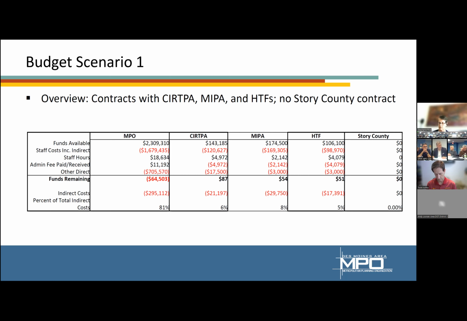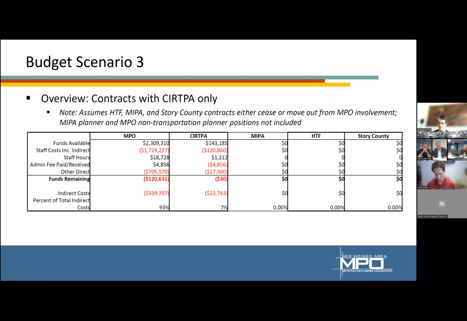And the Story County Housing Trust Fund, in one scenario, you're saying it's gone, then you're saying you're sending out an RFP, and then I see it mentioned here. So there's the Story County Housing Trust Fund, and then there's the Story County Board of Supervisors contract. That's the latter one. The Housing Trust Fund is lumped in with the HTF one. So we've shown two different scenarios, one that doesn't have anything, one that continues the Housing Trust Fund contract, but never has the other one that went out for RFP.